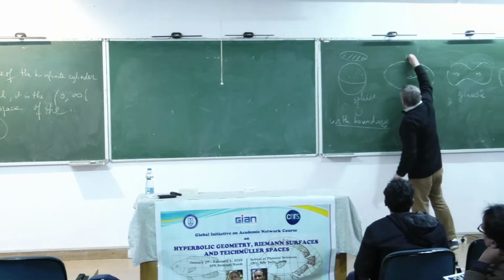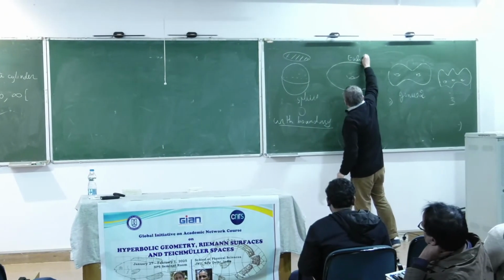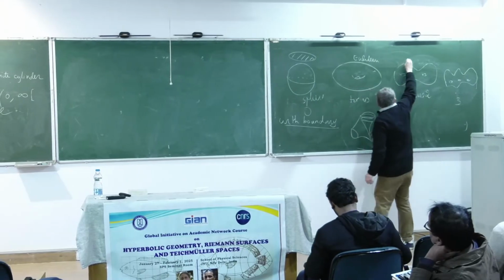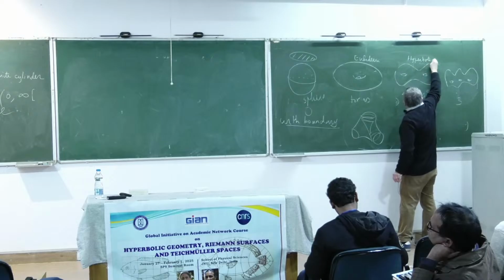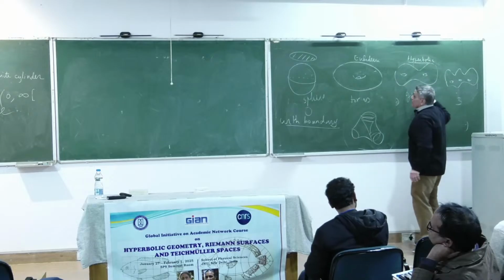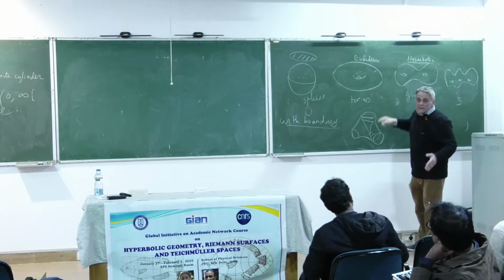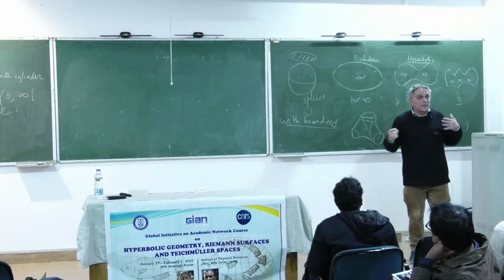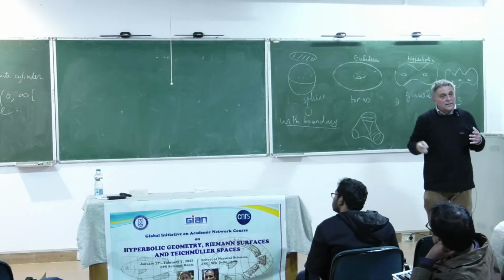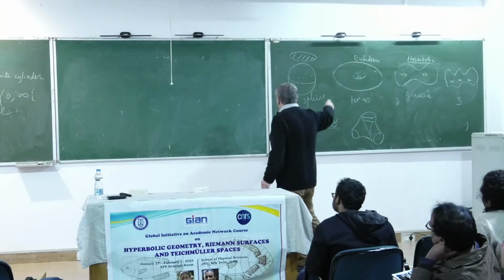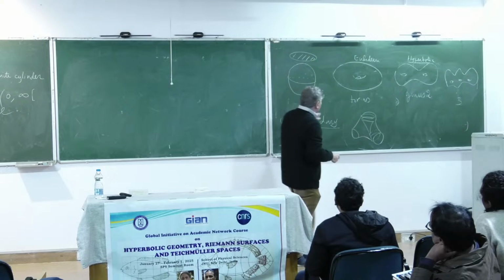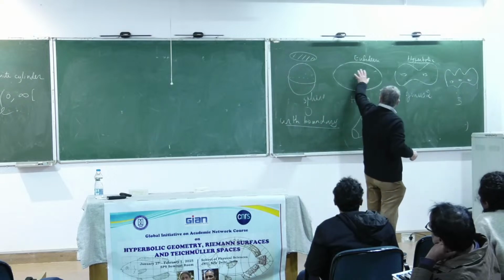This is Euclidean, and all of these are hyperbolic. In fact, these are obtained as the quotient of the hyperbolic space by some action. For all these cases, I mean, for all these genera of surfaces, including the torus,